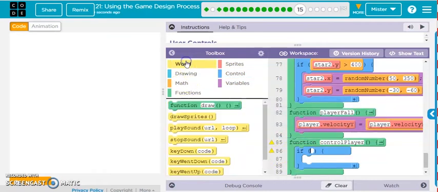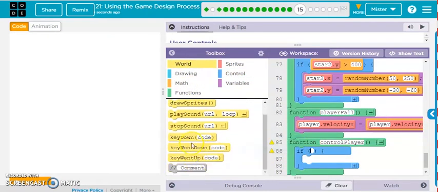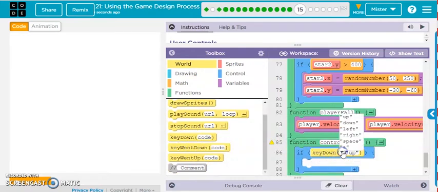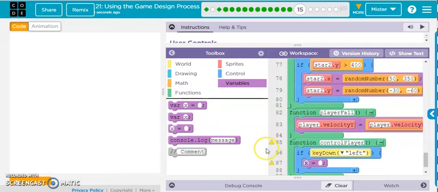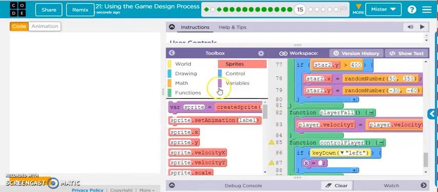If key down, going left, and we get our variable. We're going left and right, so that's X. And again, the alien is called player. If the key left was pressed,